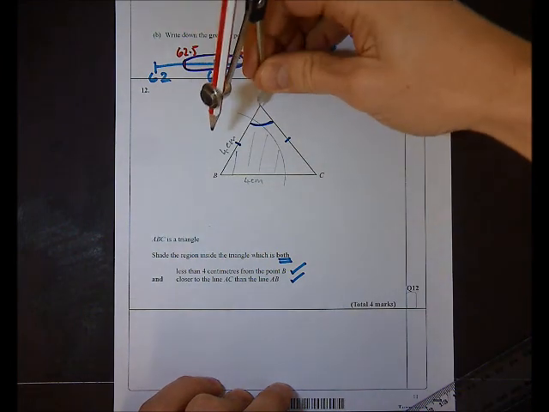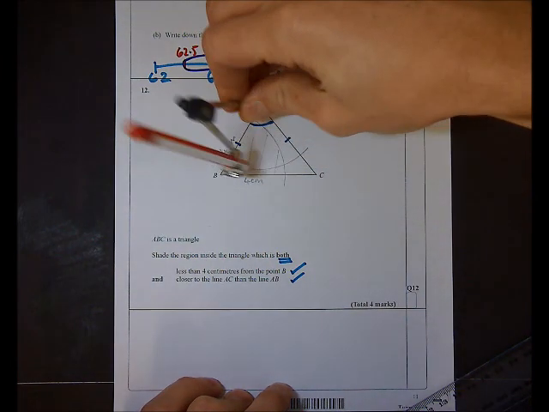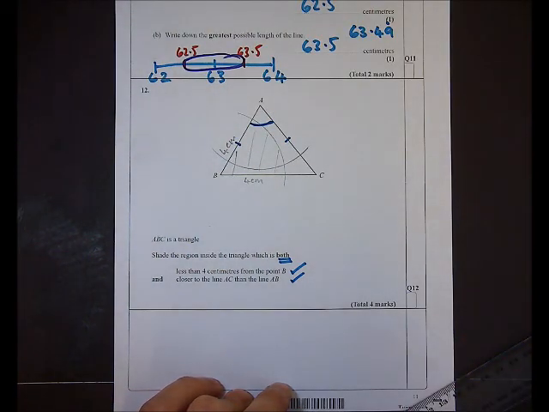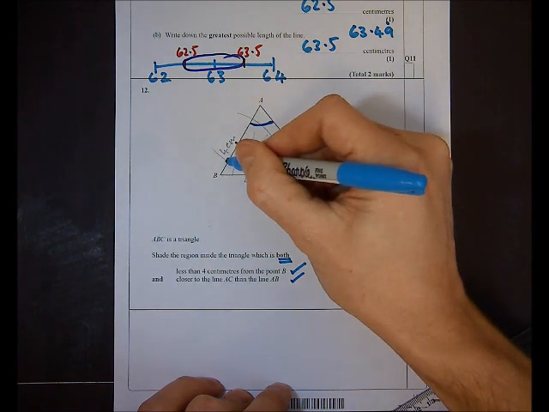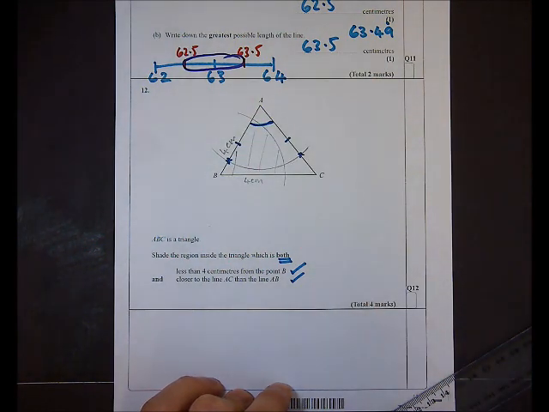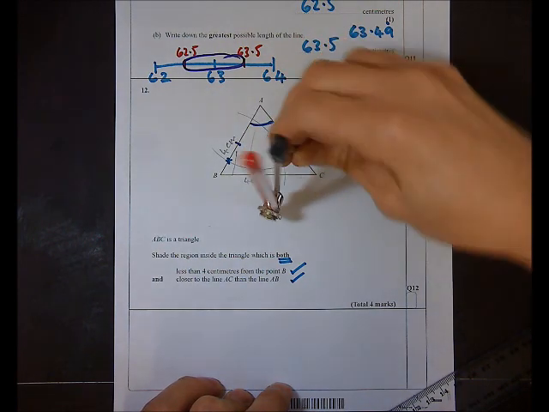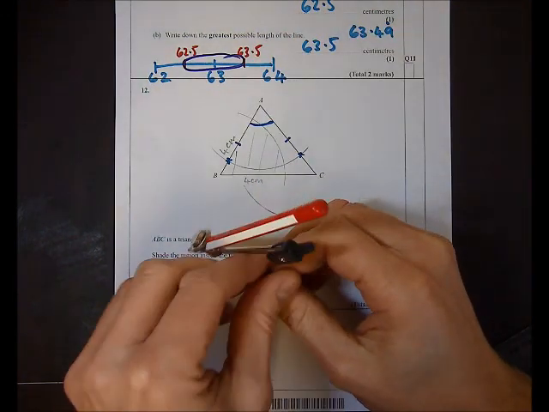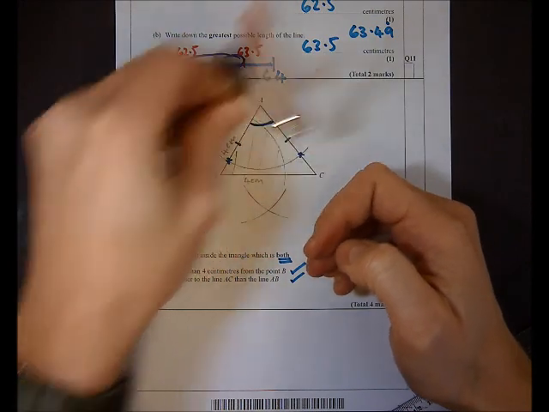I'm going to leave it at 4 centimetres, but it could be any radius, and I'm going to draw an arc that crosses both the line AC and AB. And that creates a point of intersection here and here. Now if I place my compass on those 2 points, and again I'm going to leave it open the same distance, create another arc here, and from the other side create another arc that crosses that one, and again gives me a point of intersection